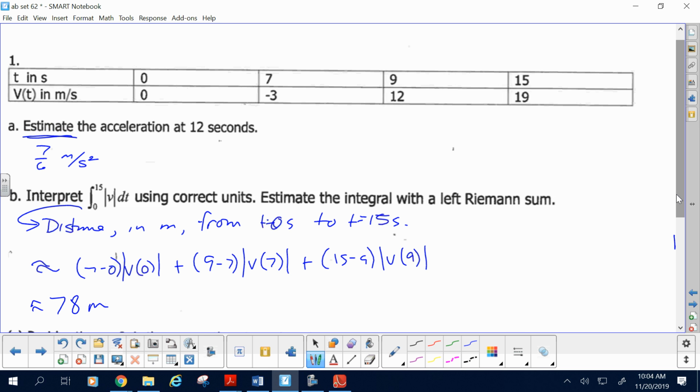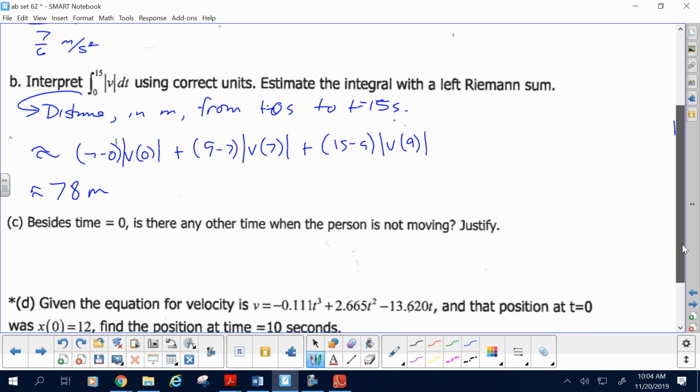Between 7 and 9. Why? Because it goes from negative to positive. If velocity changes from negative to positive, it must pass through 0, assuming velocity is continuous. Can we assume velocity is continuous? Yes, you can. Okay, so it would go something like this. Velocity is continuous,